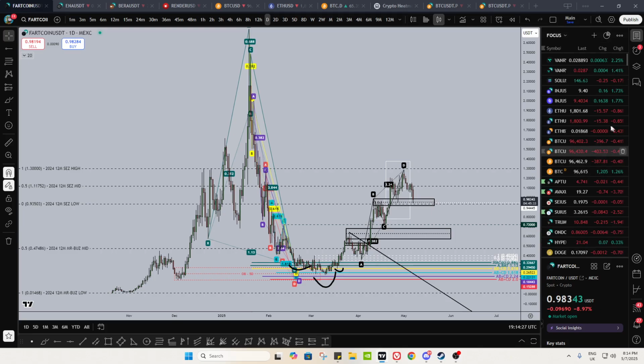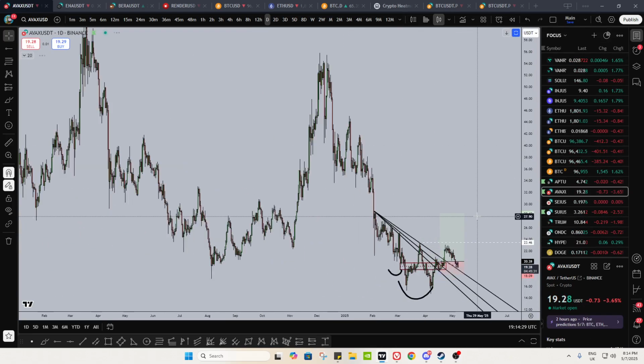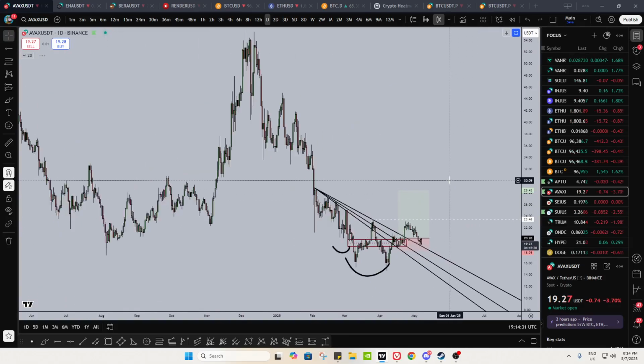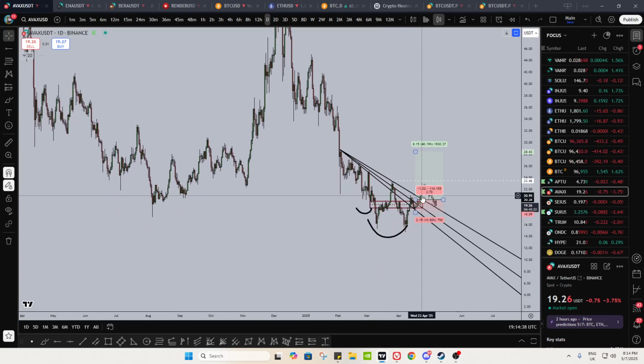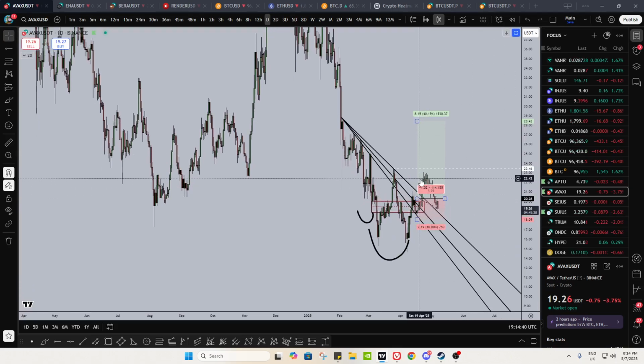Let's go to focus. Right. Yeah, we never got that lower high. See, this is why I said wait for that lower high. This is what I mean. Look what SWE did compared to what AVAX did. And I'm by no means trying to shit on AVAX, right? AVAX is a higher market cap coin at the end of the day. I'm by no means trying to shit on AVAX, but it didn't go and take out the last lower high